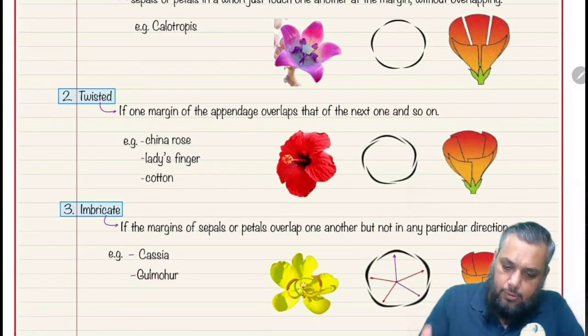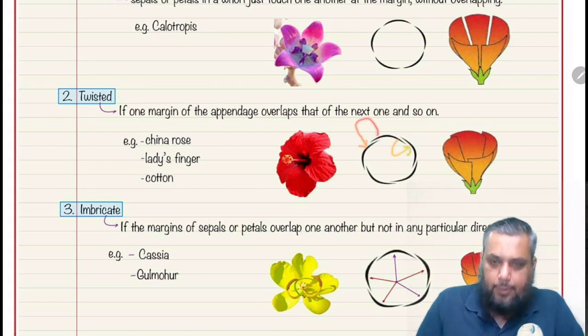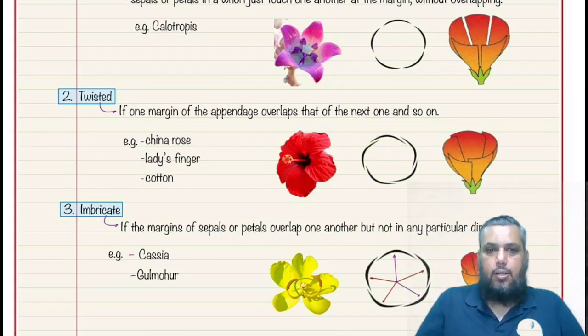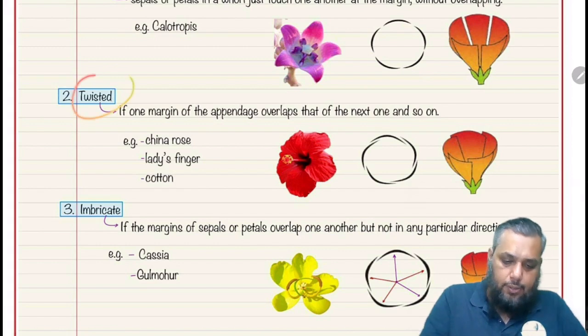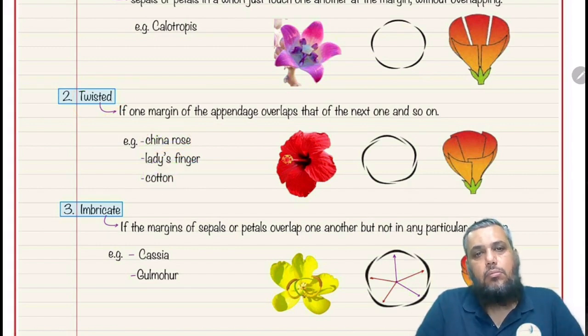In the second type, one petal, yes, sepal, it overlaps the other, and on one margin it is being overlapped. तो एक मार्जिन पे वो ओवरलैपिंग है, दूसरे मार्जिन पे वो ओवरलैप्ड है। एक मार्जिन पे उसके ऊपर कोई है, दूसरे मार्जिन में वो किसी के ऊपर, तो दैट इज कॉल्ड ट्विस्टेड। एग्जाम्पल वुड बी चाइना रोज, लेडीज फिंगर एंड कॉटन।